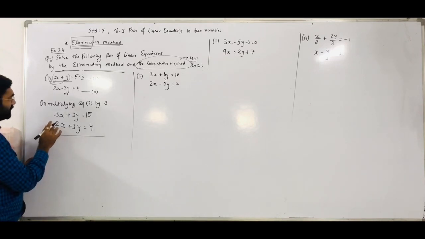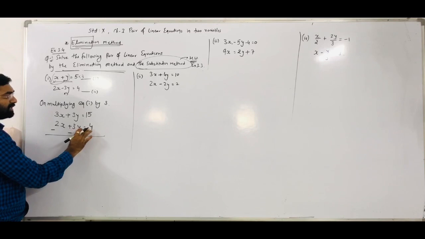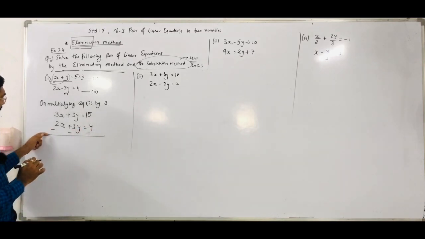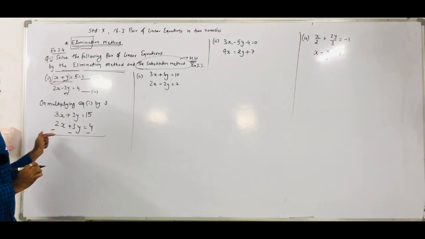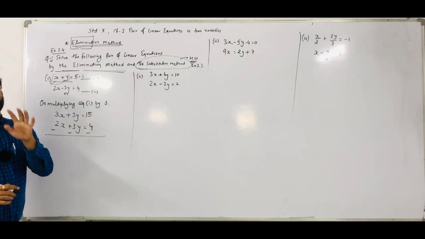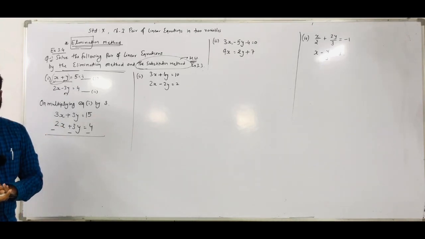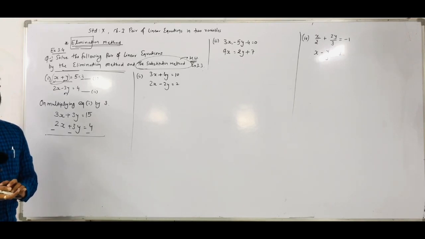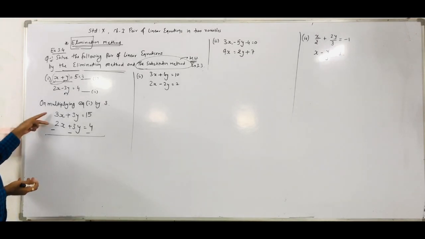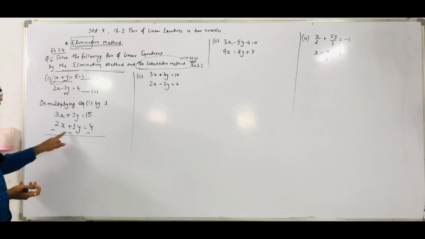We have to change all the term signs. If a plus sign is there, then minus. If a minus sign is given, then we have to change it to plus. That thing you already studied in 8th and 9th standard, right? Subtraction of polynomials, you already studied in 8th standard. So for subtraction of equations, we have to change the sign.